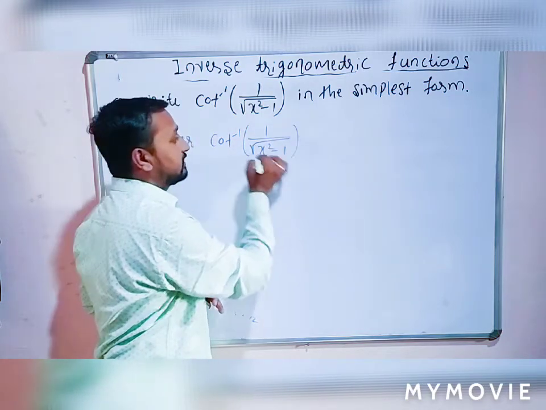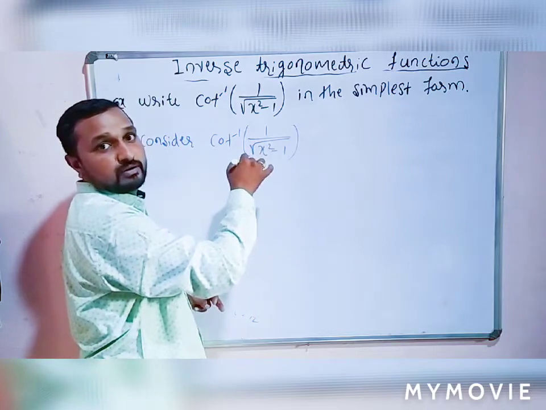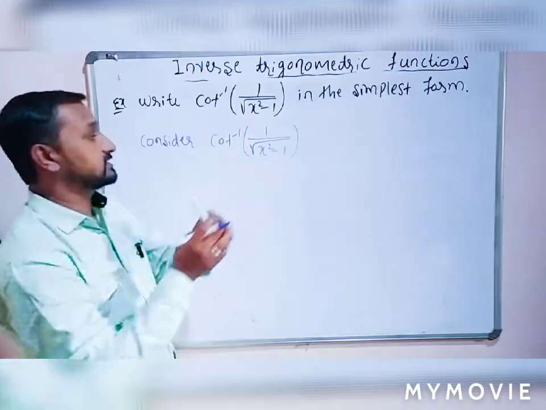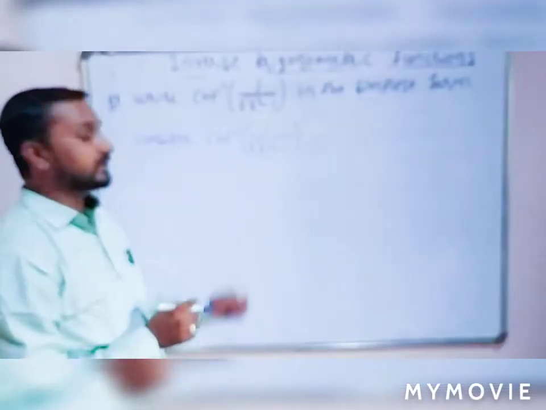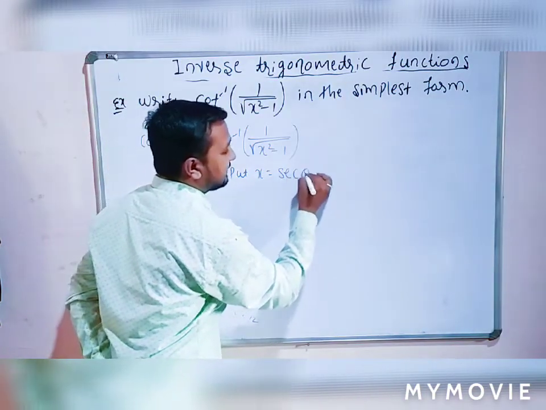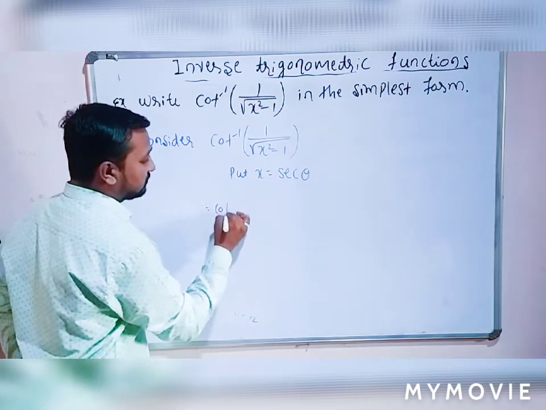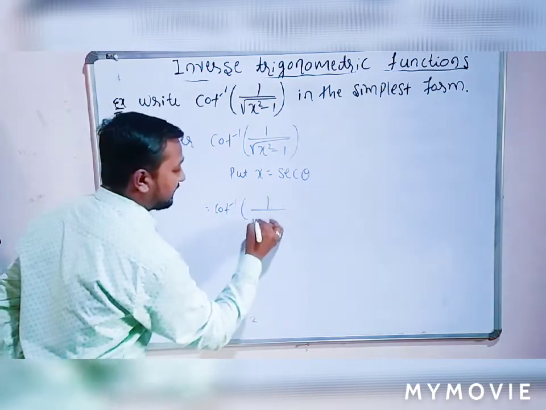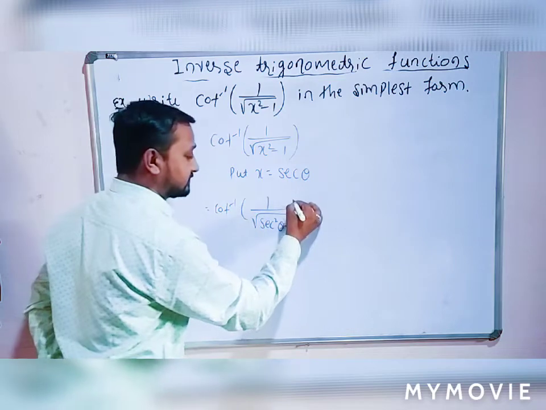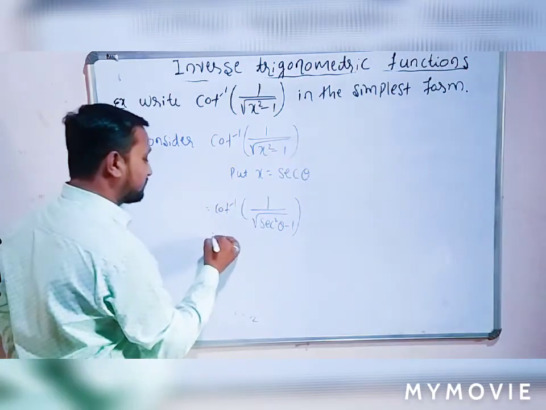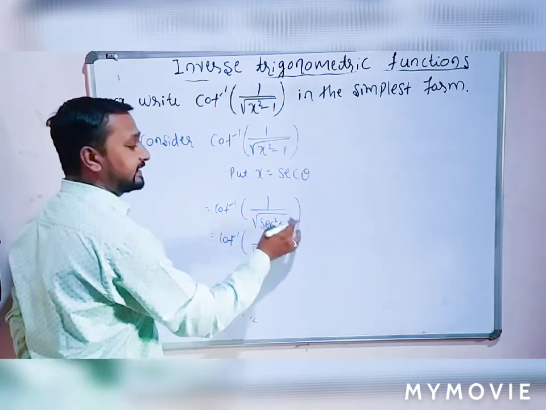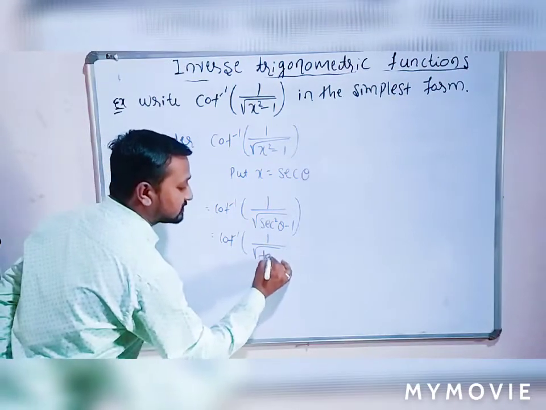But here in the denominator, there are two methods, either x equal to sec theta or x equal to cosec theta. So first I can put x equal to one angle. In this example, put x equal to sec theta. That is cot inverse of 1 divided by root of sec square theta minus 1. Is that clear? So by using trigonometric identities, keep the root as it is, sec square theta minus 1 is nothing but tan square theta.